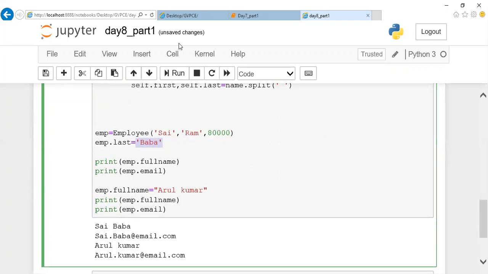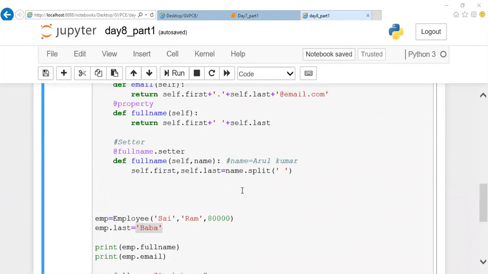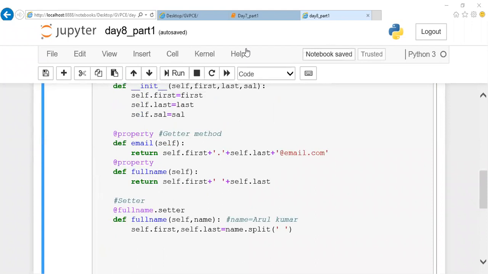Here the first process is completed, where we try to access this email as a normal variable. We were trying to access this function as a normal variable. But actually these two are functions. Whenever there is a function, I should apply parameters, but I'm trying to access the function without parameters. This is all due to this property. I'm making this a, sorry, getter property. This is a getter, not a setter. So this is a getter property.